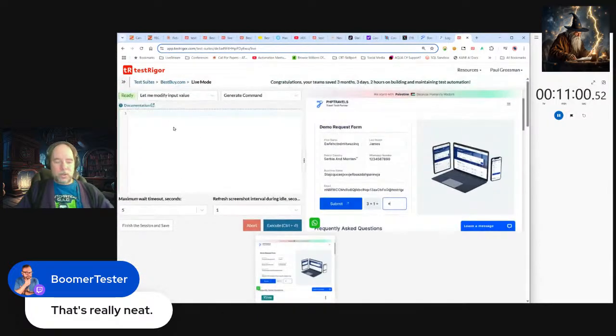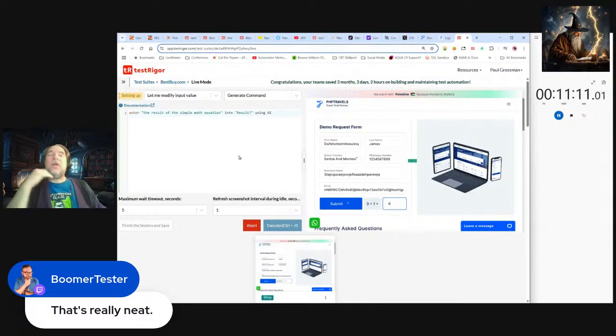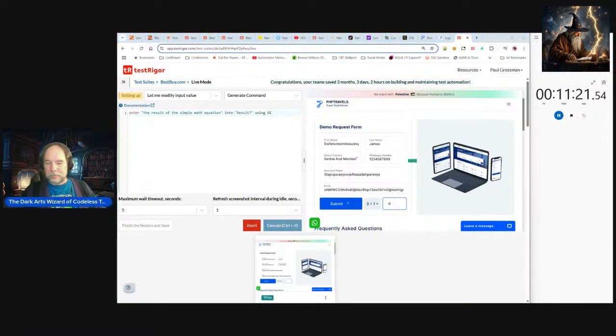I'm going to give it one more shot and give it another try. Let's see, of the simple math equation. See if we get. We're going to try something slightly different. No, we're not testing the definition of insanity. We're just checking to see how well it does. It's still thinking E. It's interesting.